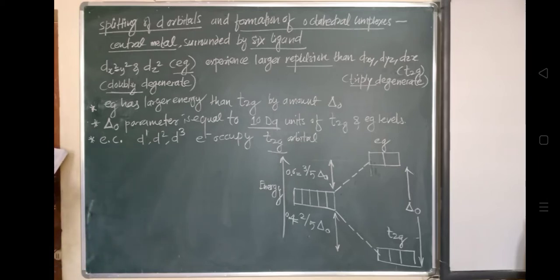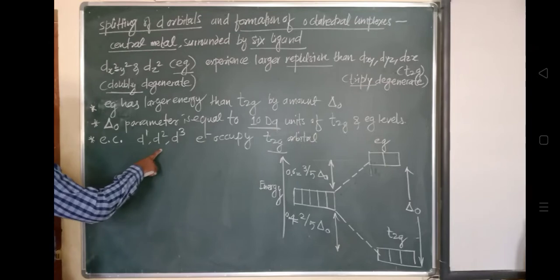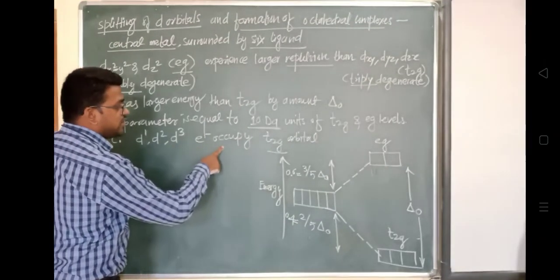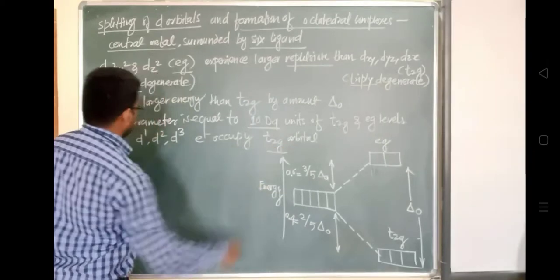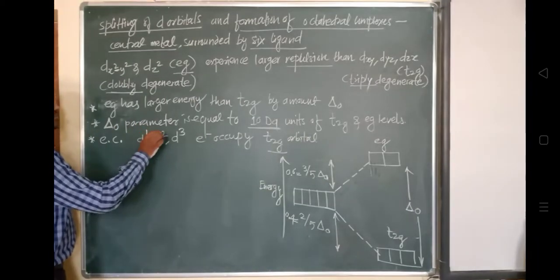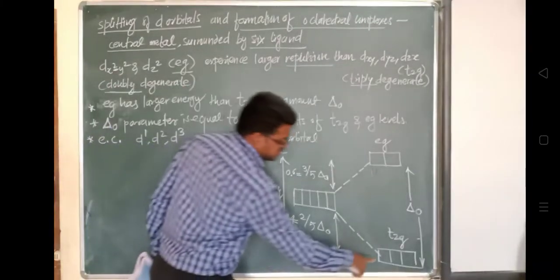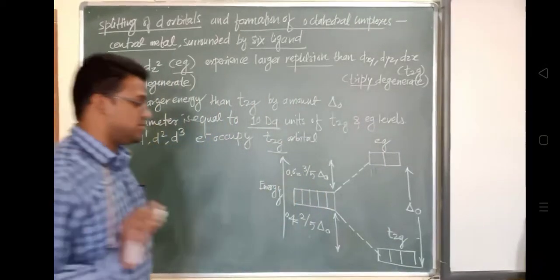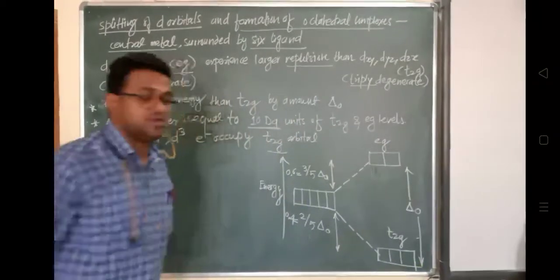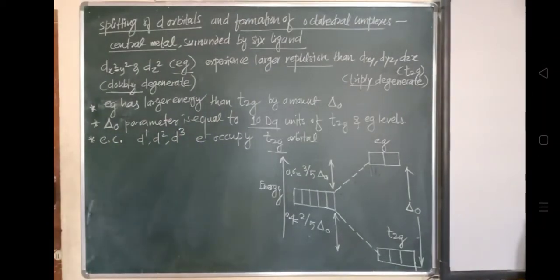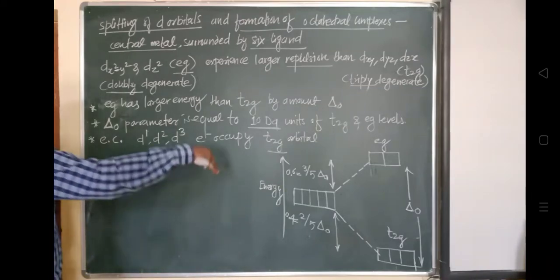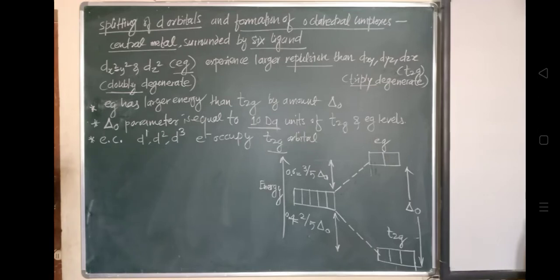So for the electronic configuration of d1, d2 and d3, electrons will occupy the t2g orbital. Now see, whenever the electron is in the first, second or third orbital of d, which position will it occupy first? These positions first, 1, 2, 3, in the lower energy level, because we know that electrons will occupy orbitals in increasing order of their energies. So for electronic configuration, they obey Hund's rule. That is what is called Hund's rule.